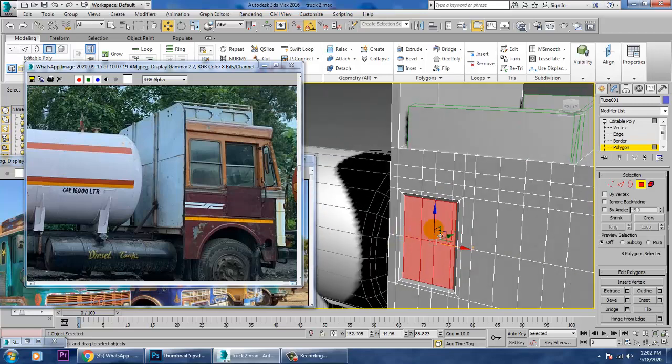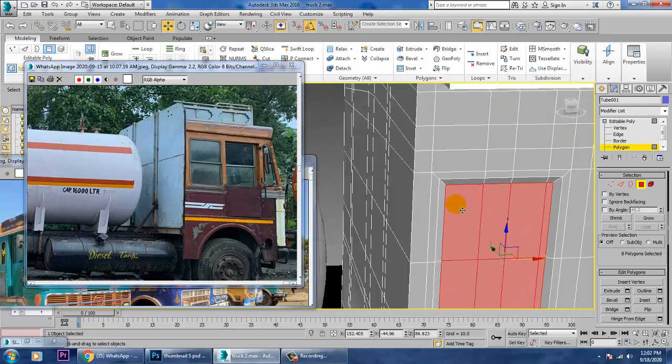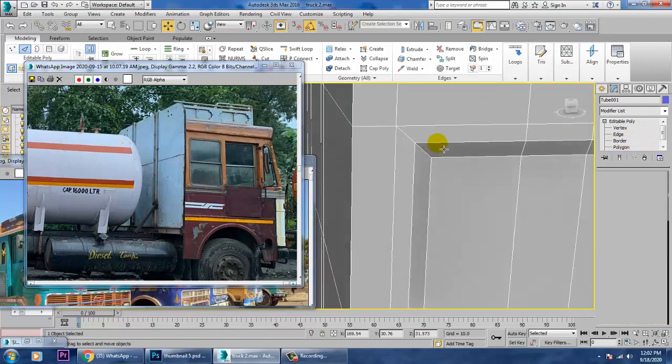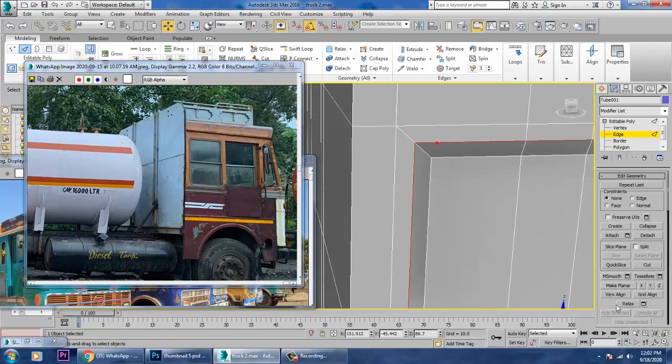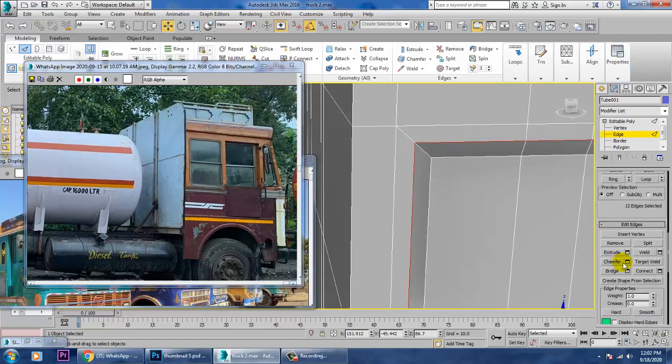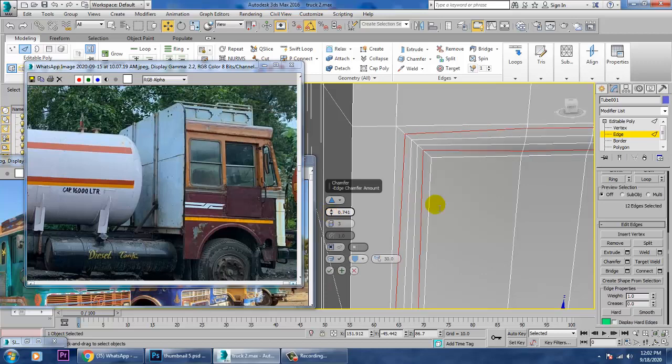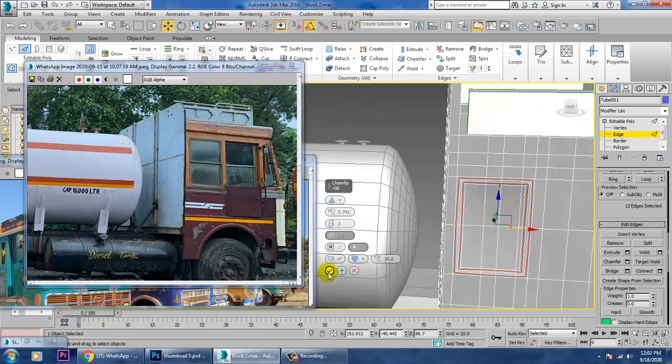So once you're done over here, let's go into these edges over here and let's give a bit of chamfer to it. So you can just give a chamfer and you can just reduce this like this, much better.